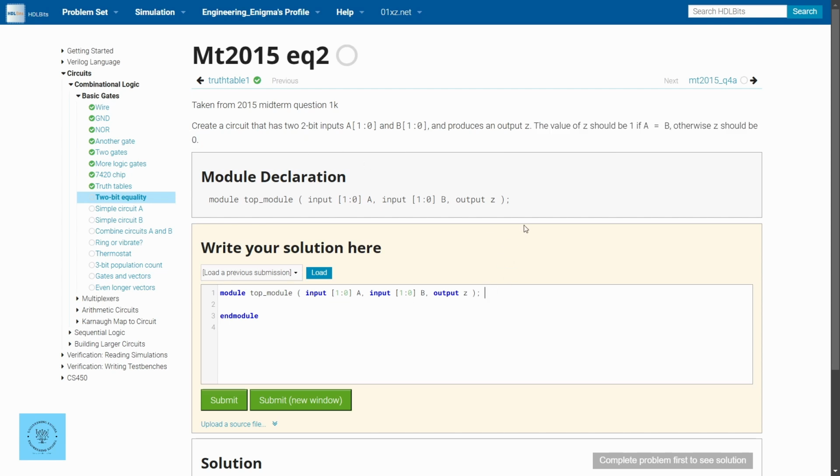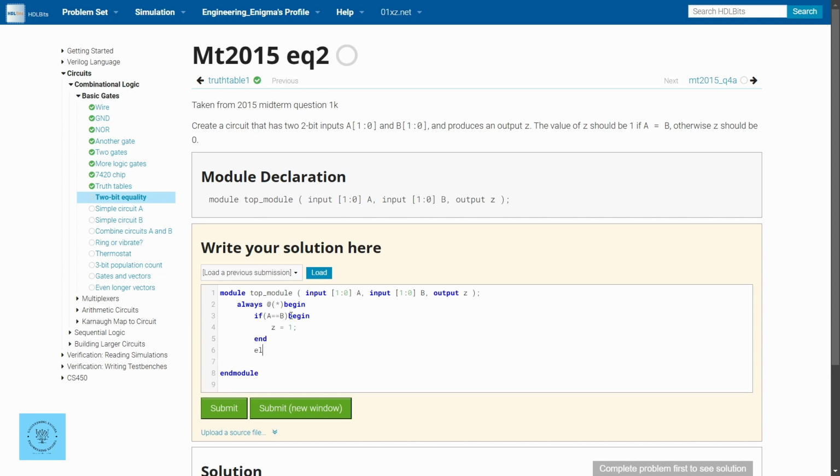There are basically two methods we can write this code. First we will try the regular method, that is using an if statement. Whenever we want to use an if statement, we always have to declare an always block: always @(*) begin, and after that we write if (A == B), where the condition is that A should be equal to B. Then begin, Z will be equal to 1,